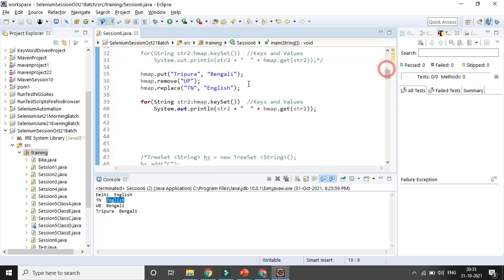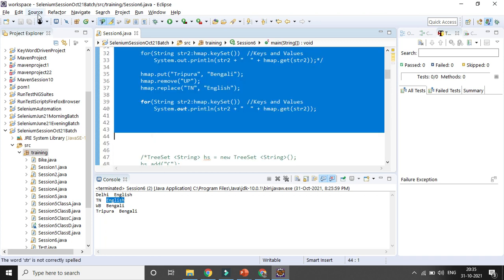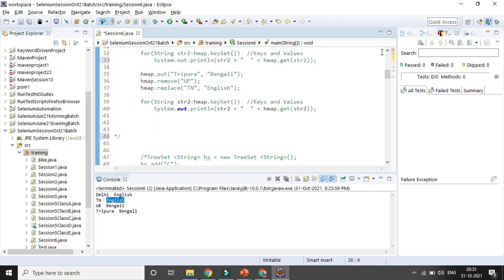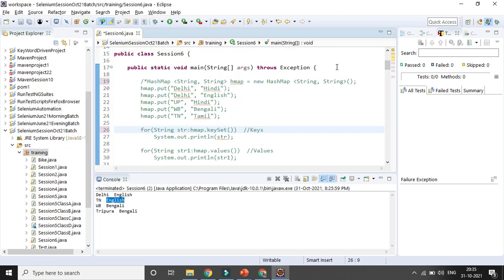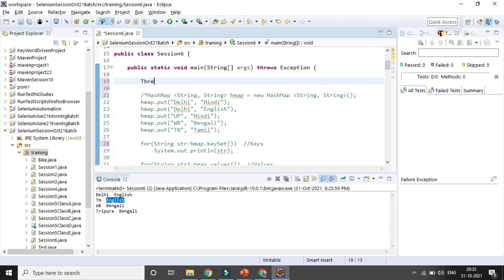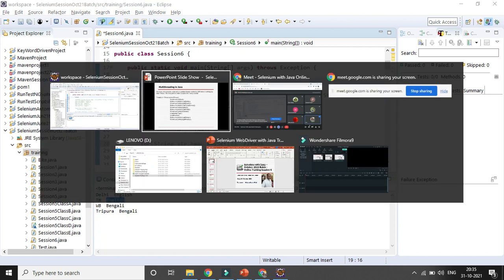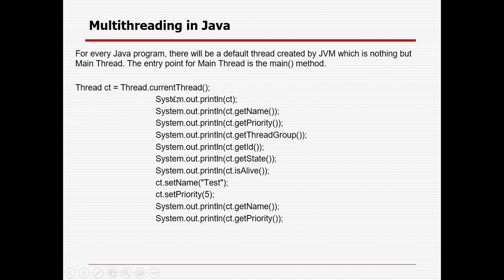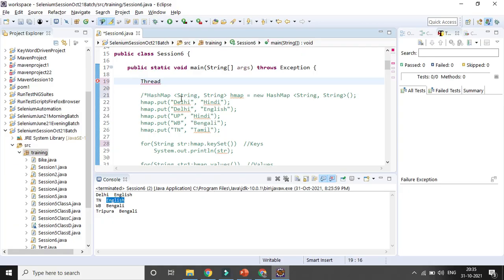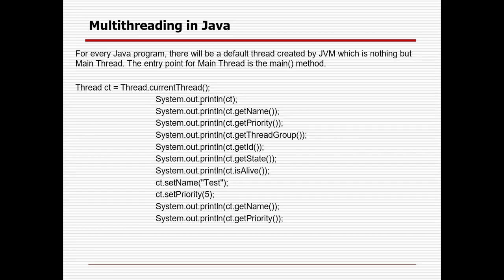This is the Thread class available in Java. Okay, I will be creating a current thread. This is the current thread equal to Thread.currentThread. So that is the main thread by default. If you want to take the properties, everything you can take it.